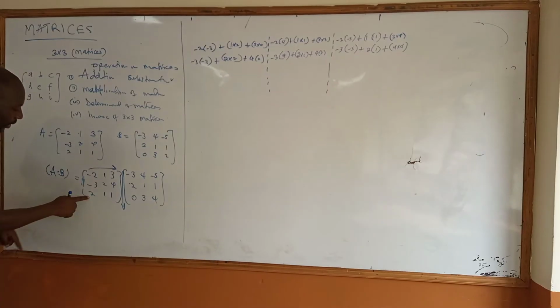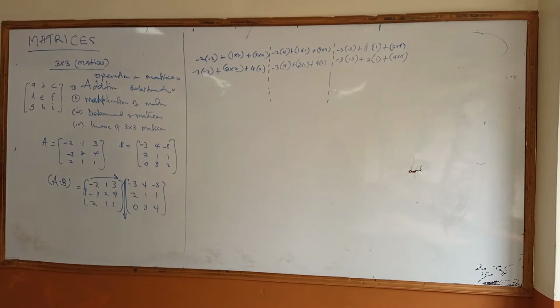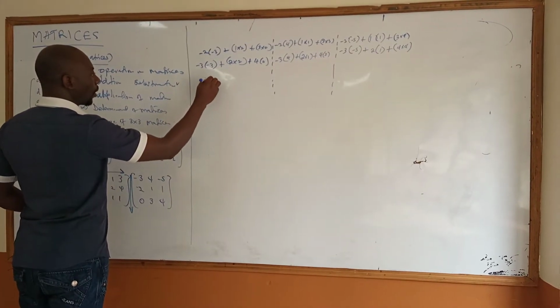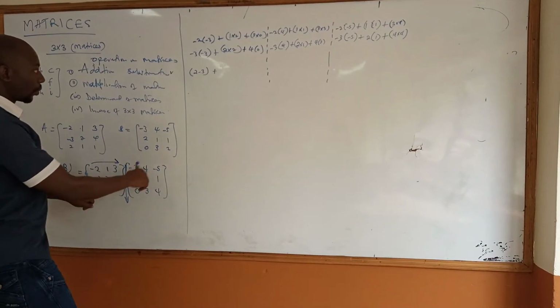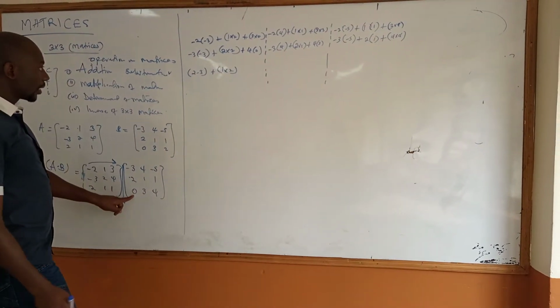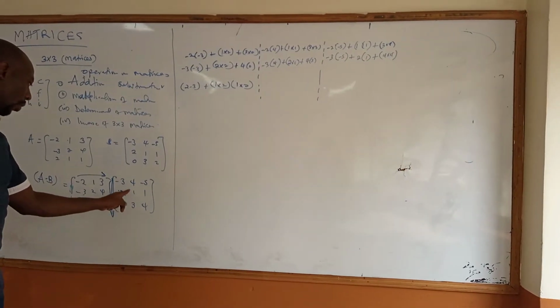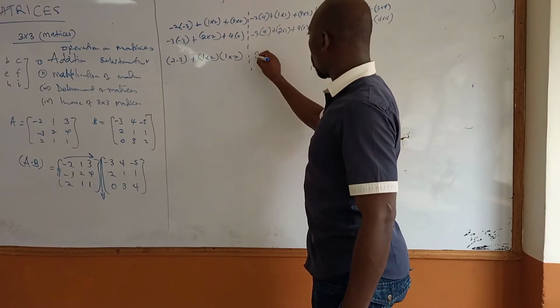So you go to the third row, multiply by all the three columns independently. So that one shall be 2 by negative 3 plus 1 by 2 plus 1 by 0 in that format. Then the third row by the second column, that will be 2 by 4